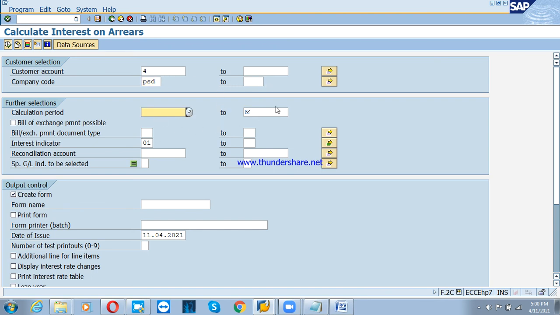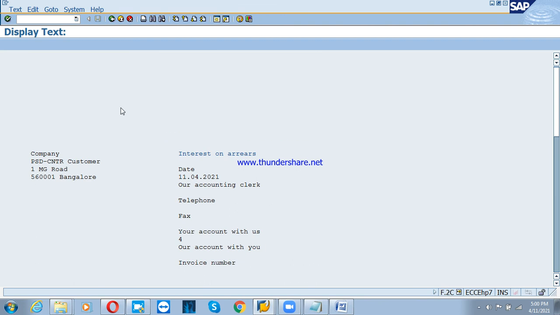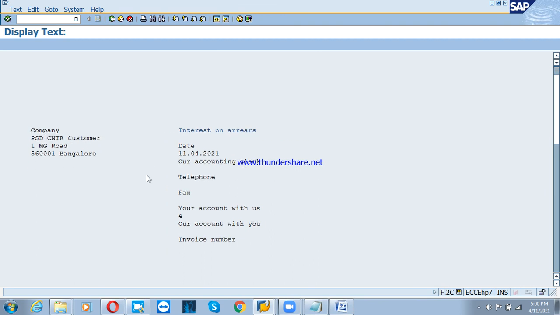Then for the calculation period, I need to mention 1st April 2021 till 31st March 2022. And here in this indicator I need to mention P3. So I don't think we will get the report. Yes, we got the report like this,